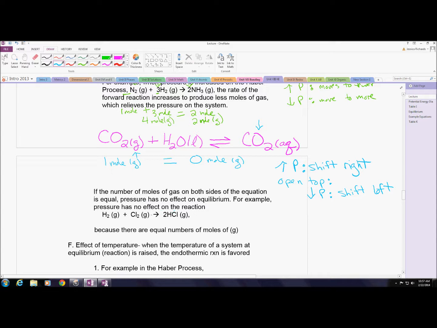One of the things you have to watch out for is that you are truly counting the number of moles of gas correctly. So if we look at this other industrial equation, which is making hydrochloric acid, HCl is very important for industry, you have 1 mole of hydrogen gas on the left with 1 mole of chlorine gas producing 2 moles of HCl. So basically you have 2 moles of gas on the left and 2 moles of gas